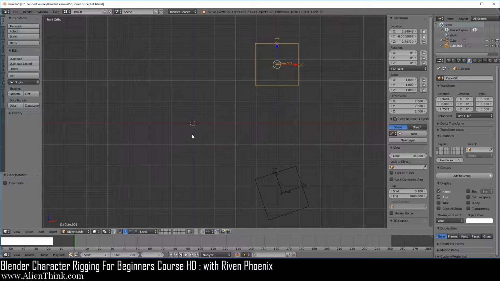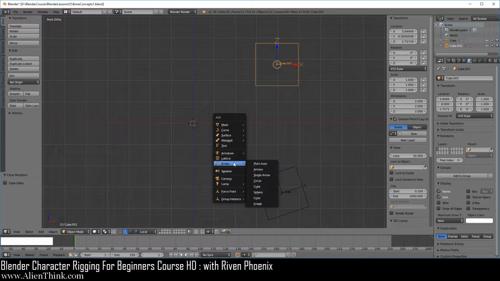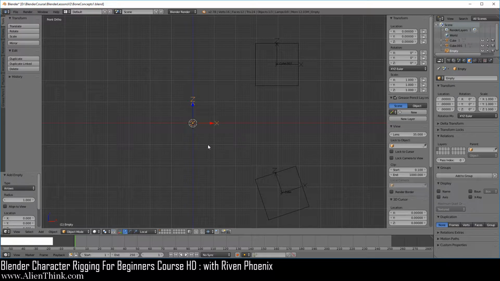So what we're going to do is create a visual marker that we can see where it goes when the parent rotates or moves. So to do this, just do Shift A and add an empty, and here we're just going to add arrows, and just press the S key to scale this. Again, this is just a visual marker.